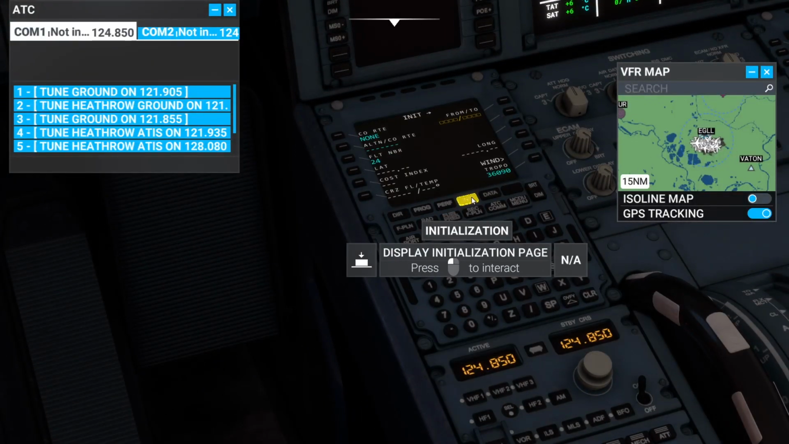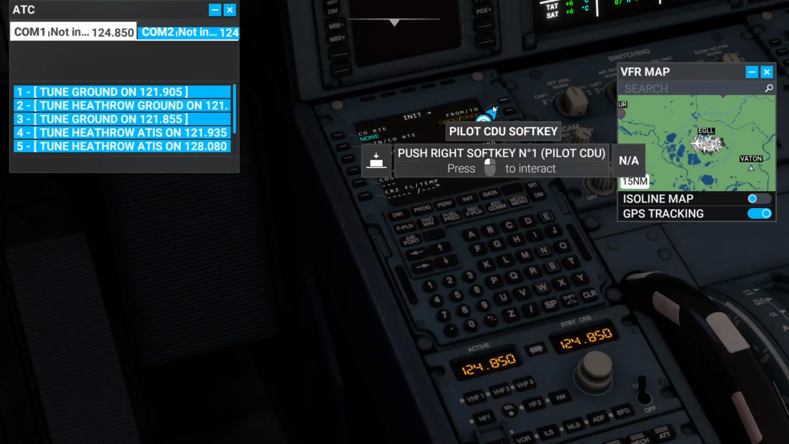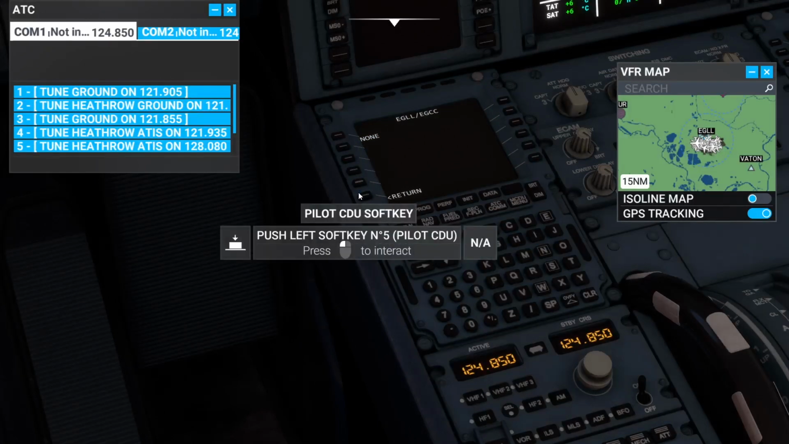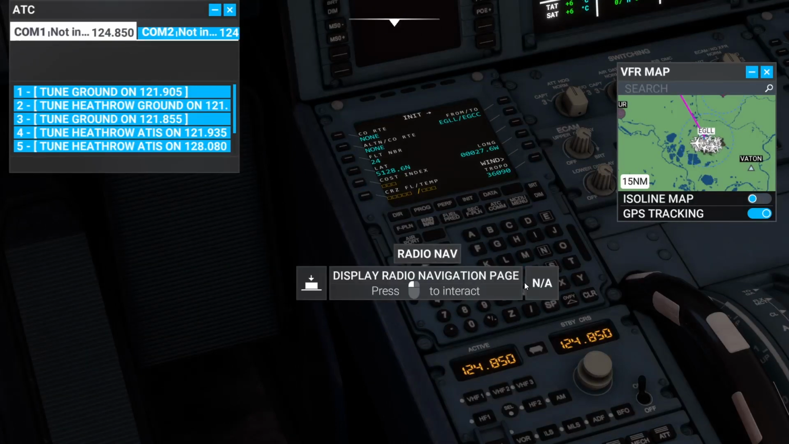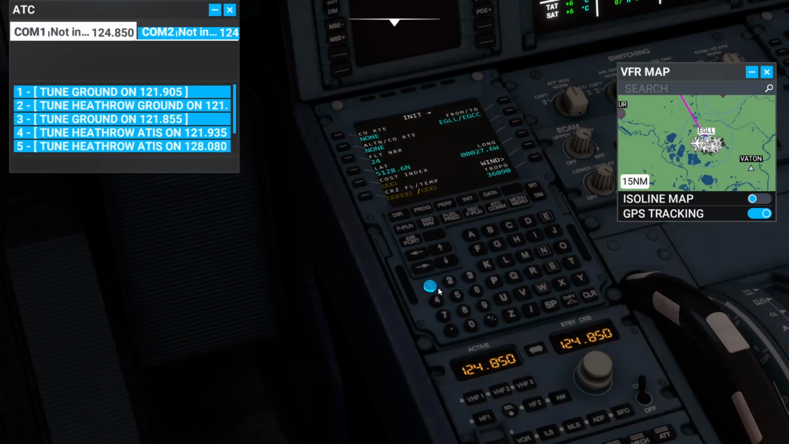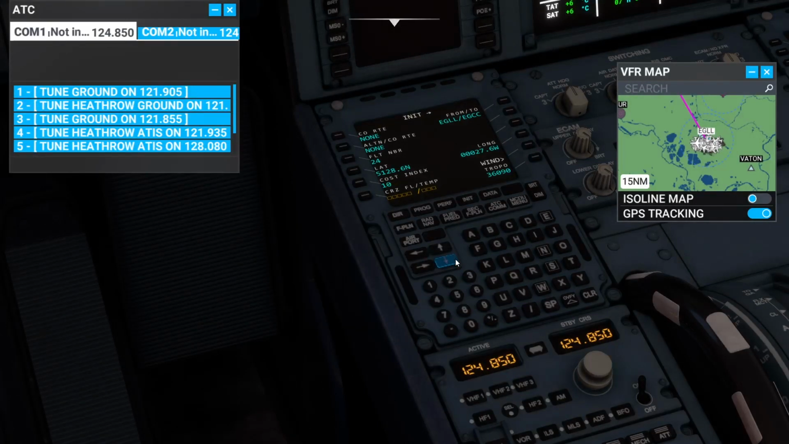Let's enter our flight information. London Heathrow, Echo Golf, Lima Lima, to Manchester, which is Echo Golf, Charlie Charlie. See that appear on our VFR map. Cost index is going to be 10, and our cruise altitude for today is going to be